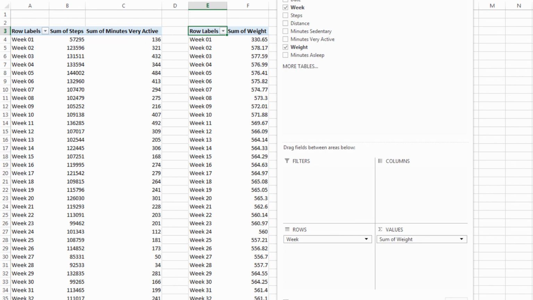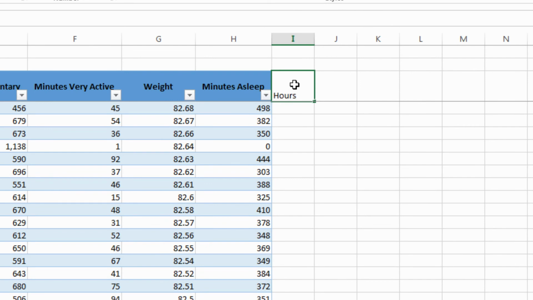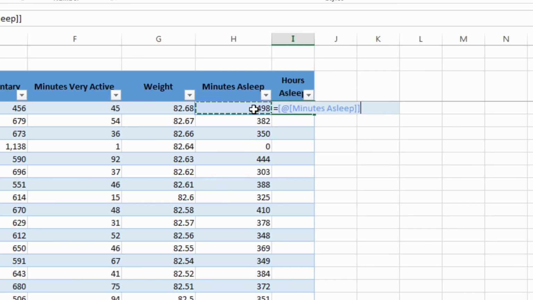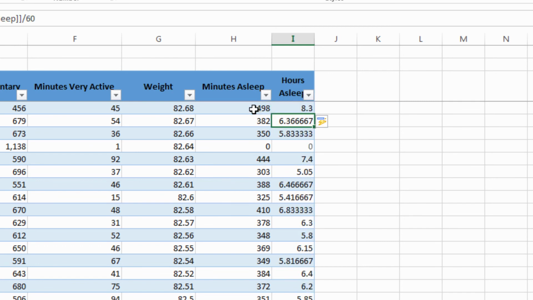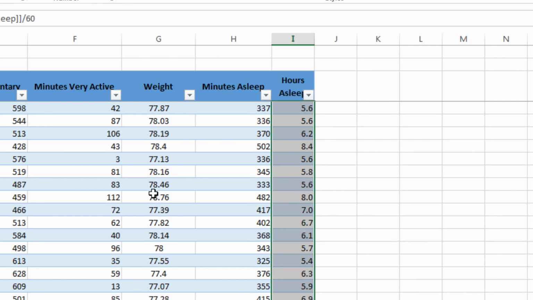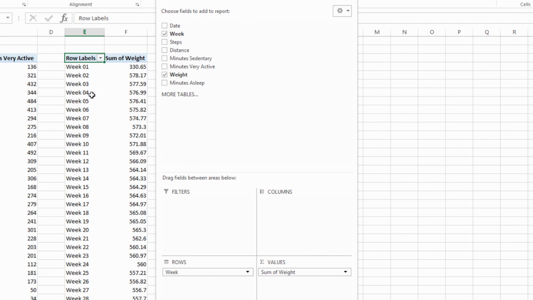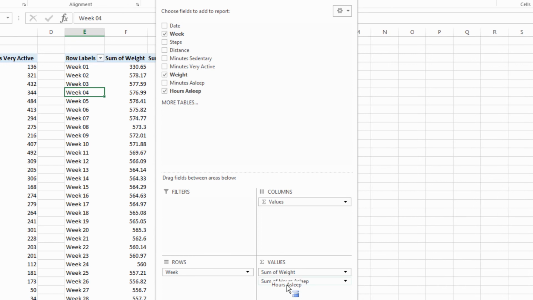I want to go back to my data set, add a new field, put a formula in there, tidy it up with a decent format, and now I can go back to my pivot table, refresh,